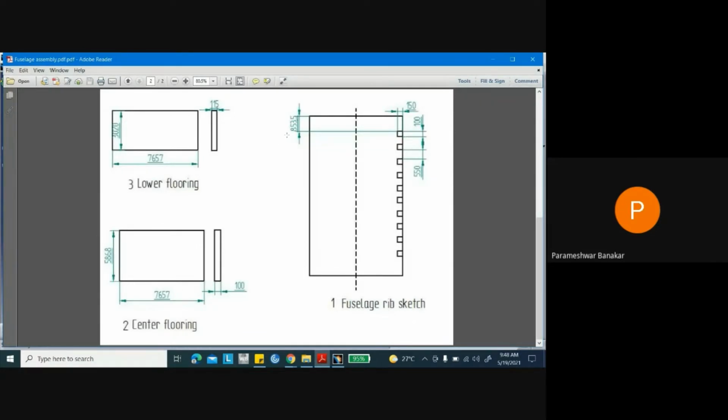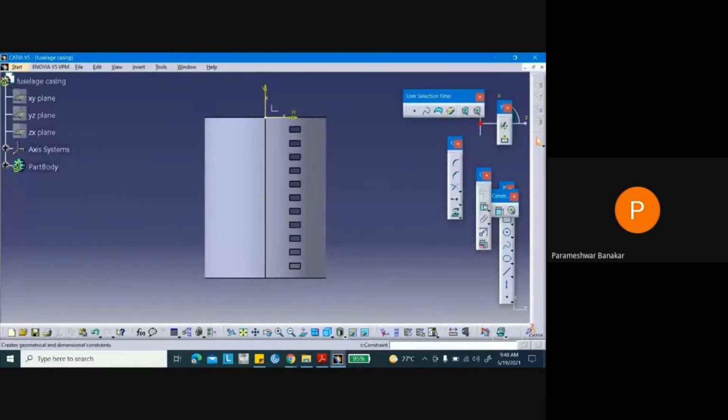And it is located at a distance of 853.5 from the top end, and each rib is having the distance of 550 mm in between each other. So now 150 into 100. So select a rectangle, create.